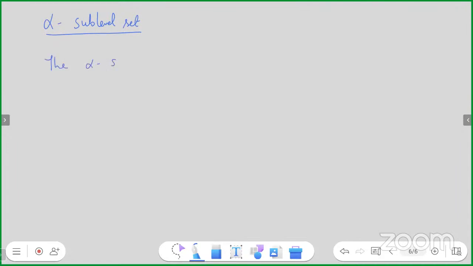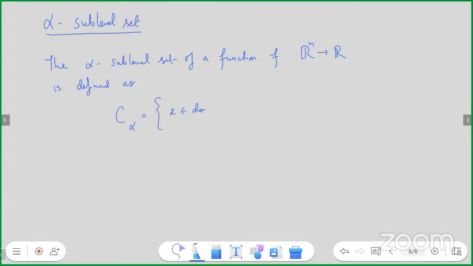So the alpha sub-level set of a function f is defined as C of alpha: x belongs to the domain of f such that